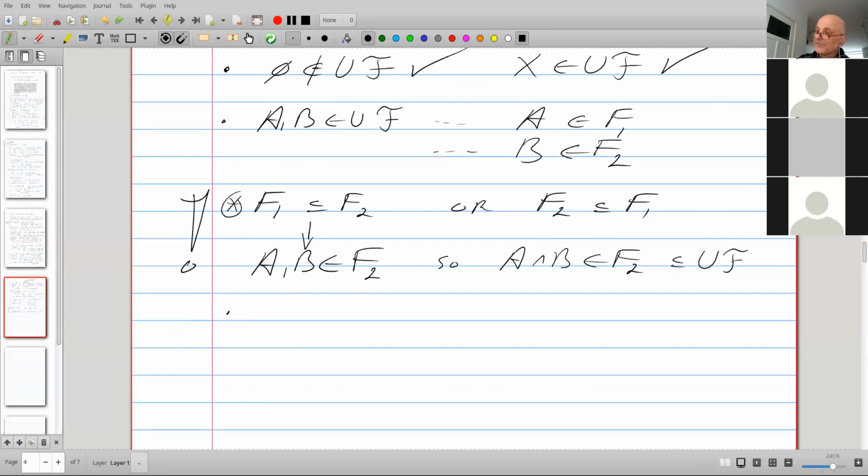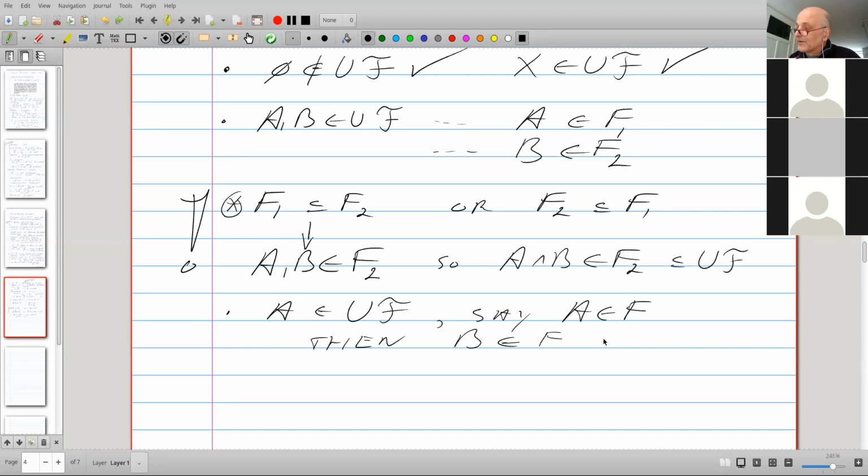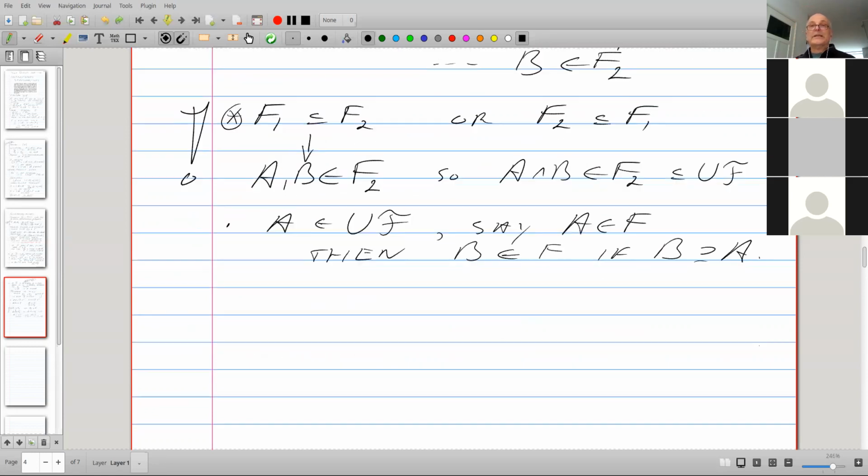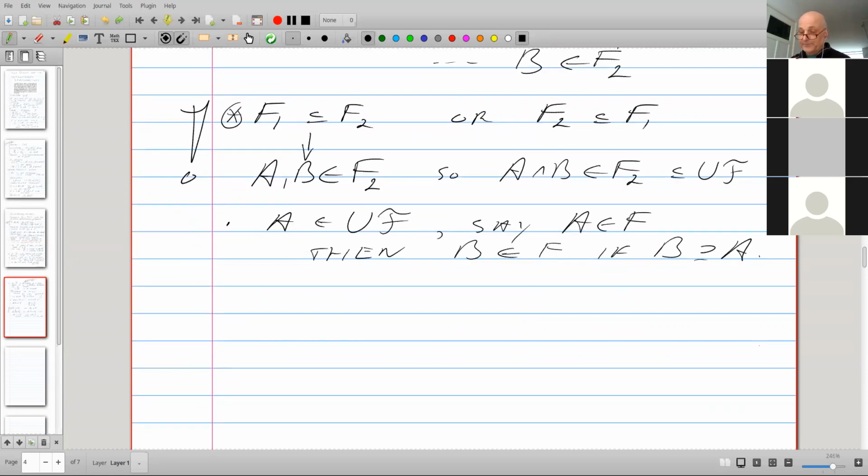The third one is, again, easy. If A belongs to the union, well, it is in one of the filters, and then B is already in that filter if B is a superset of A. So you don't even have to say the union generates a filter. No, the union is a filter.